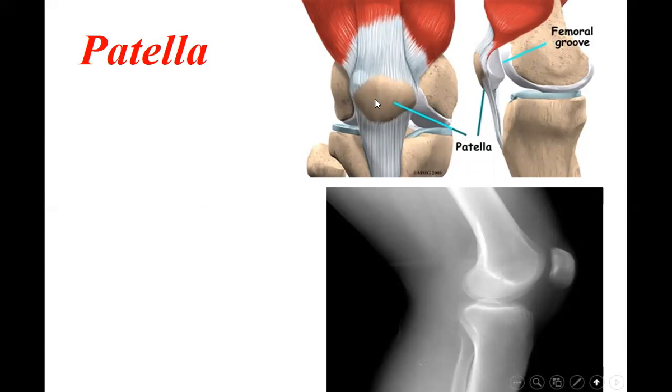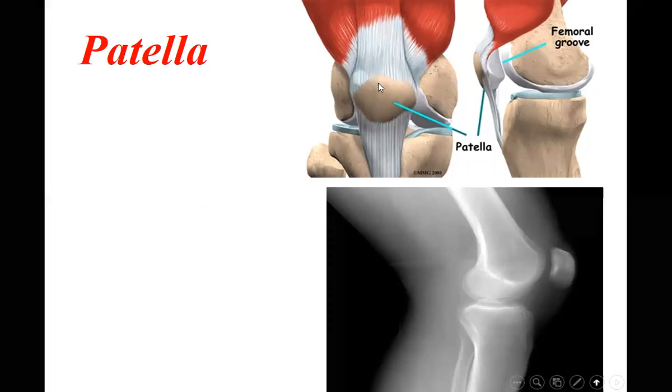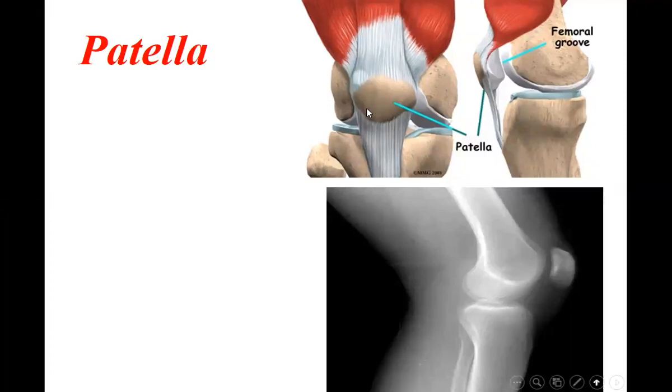In the case of the knee, just in front of the knee, there is a thick bone which is present within the tendon of the lower leg. Okay, so this bone which is present within the muscle is called the patella, a small bone. It has a specific name, patella. This is the largest small bone.